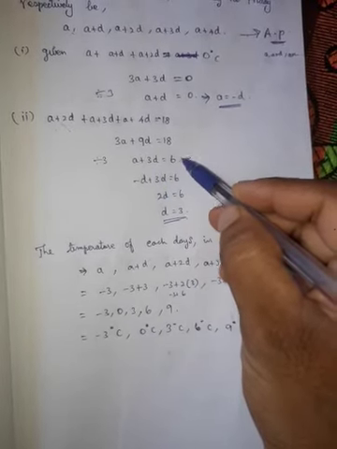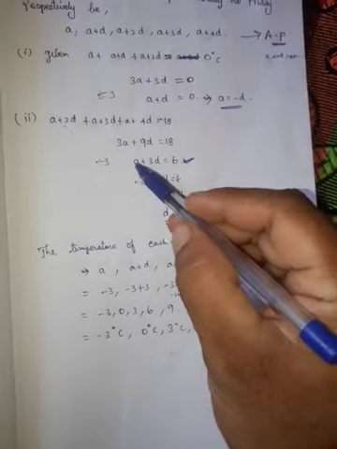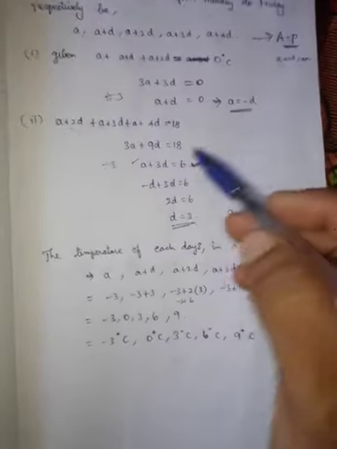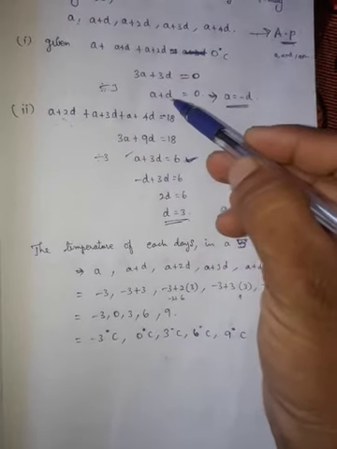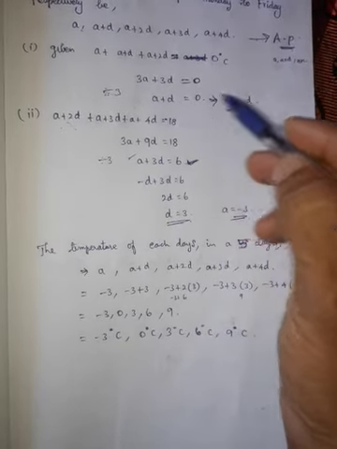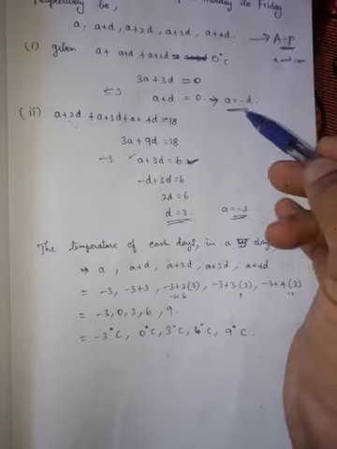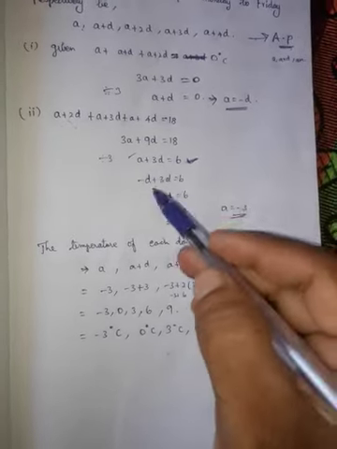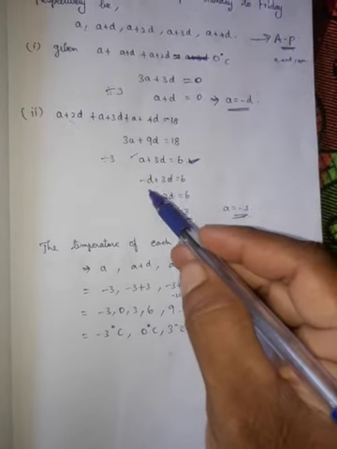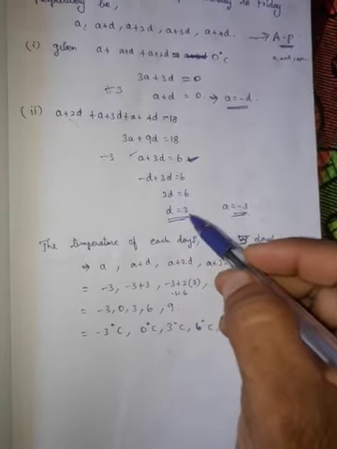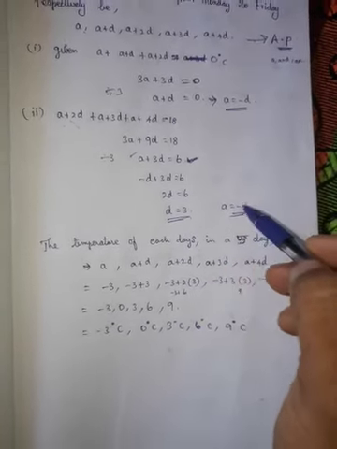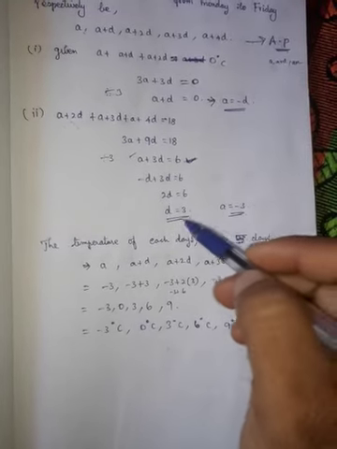So this is the value. But we should apply the a value here. How do we get the a value? The a value we get from a plus d equal to 0. So a equal to minus d, the d goes to the right hand side. Substitute here, instead of a, minus d plus 3d equal to 6. So minus d plus 3d, 2d equal to 6. So d equal to 3. Apply this d value here, the a value is minus 3, d value 3.